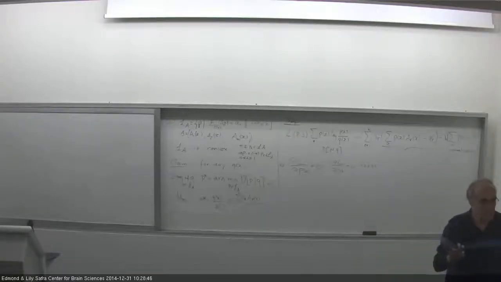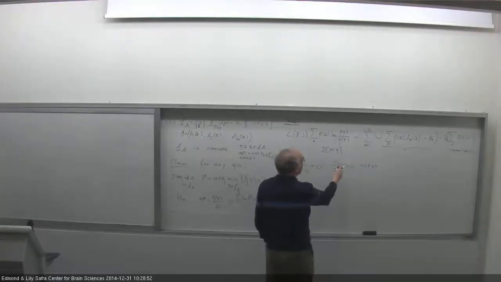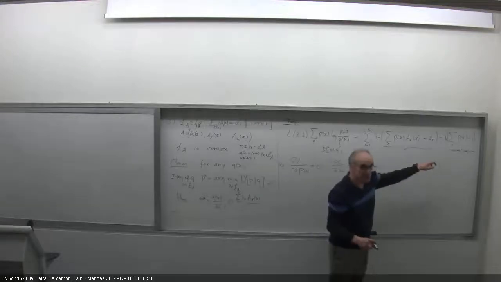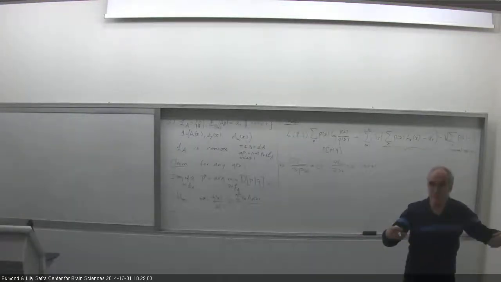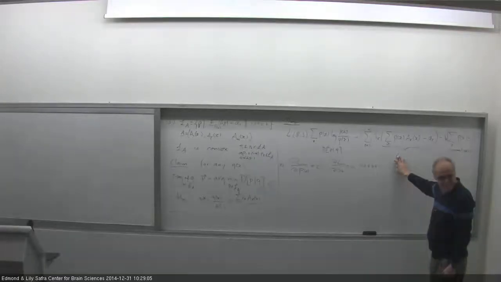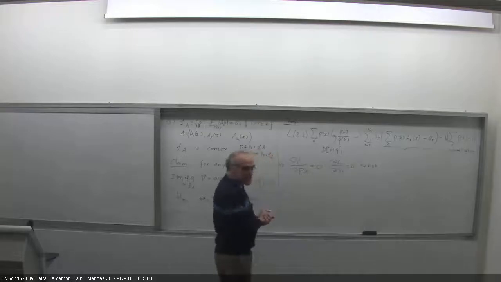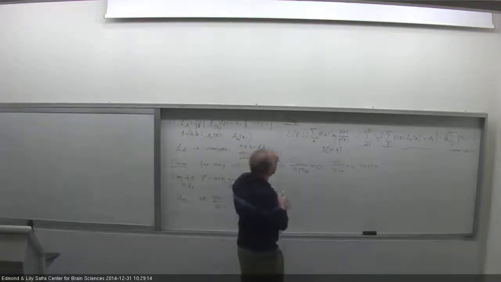Is anybody not with me here? I really want all of you to know what I'm doing. Essentially, as you all know, the only dependence on lambda is here. So these equations are trivial. They're just the equations of the constraint. So lambda has to be chosen such that this is satisfied. It's very nice. So this is really the interesting part. The interesting part is, since I'm taking the derivative with respect to p,